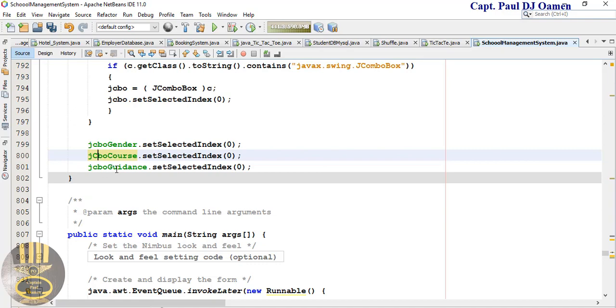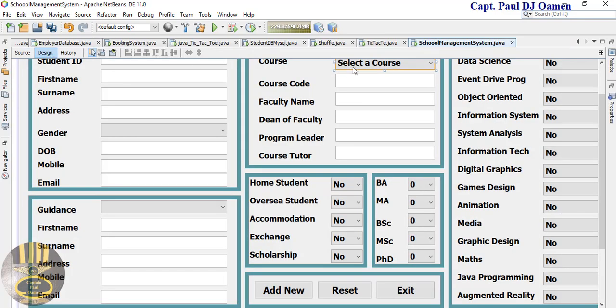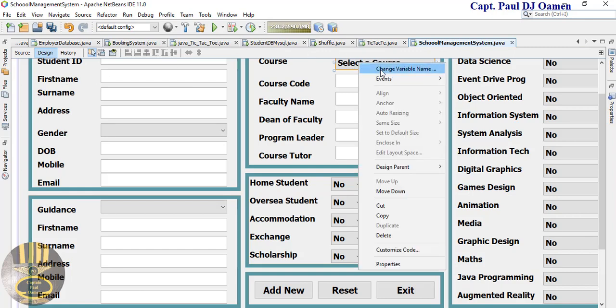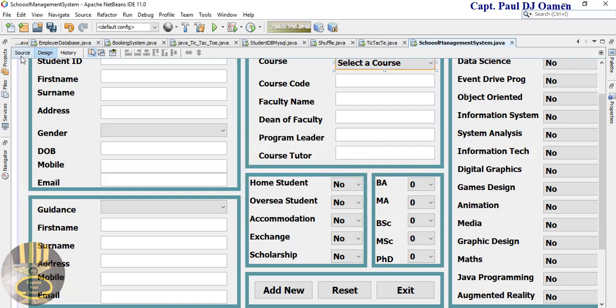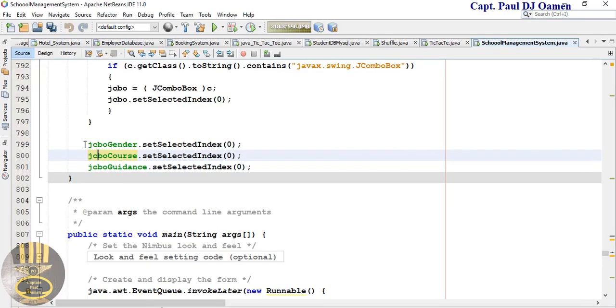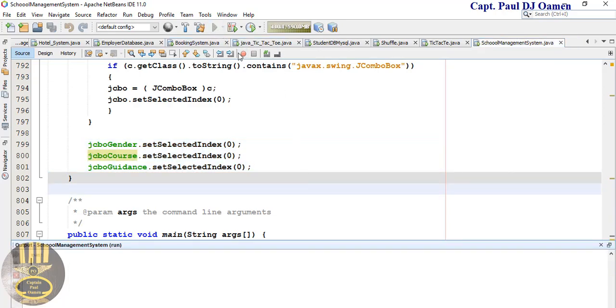I'm going to change that to lowercase. I'm going to change the other one to lowercase. So here, no, I think I should leave it as uppercase. Yeah. To give me the camel case. Nah, lowercase, that's fine. Alright. That is it, all done. And the error should be gone. Okay, so if I run it now, those three we should be able to